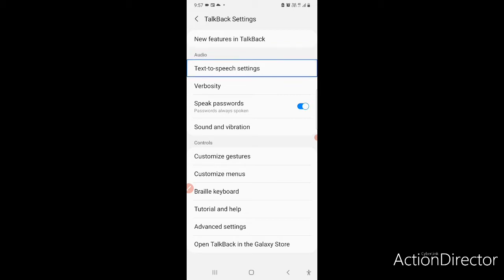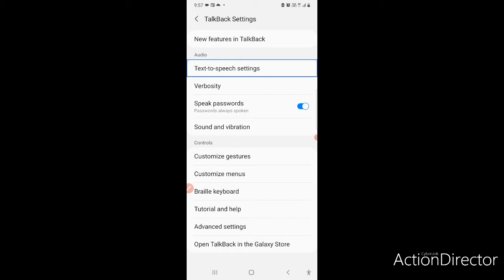Text to speech settings, 3 of 13. Text to speech settings contains the pitch of the voice and speech rate of the voice. So if I go over here, I can set the pitch of the voice and speech rate.